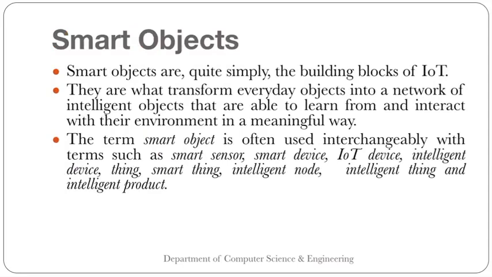Like simply you can take an example, a watch, right? Nowadays you are calling them a smart watch because previously the watch was just giving you the time. Now the smart watch has many features and it is connected, so it will track how much you have walked and what your health is, so all that they are learning. So they are making it intelligent, connected with the network. That's why we are calling them a smart object.